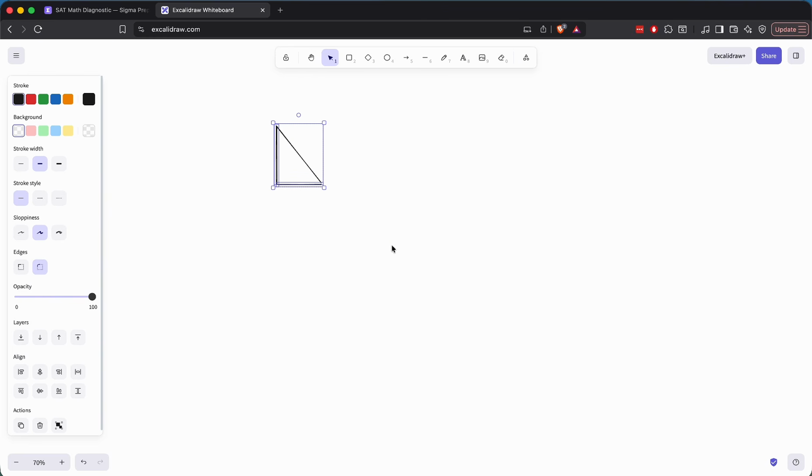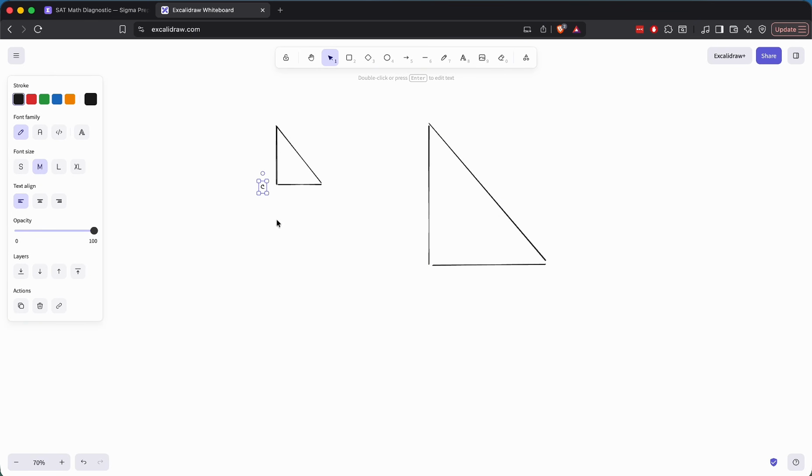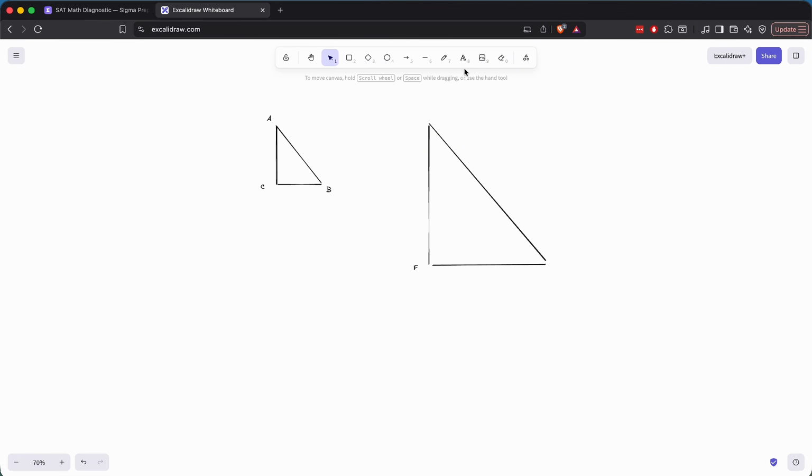Okay, cool. So we got one triangle. We'll label it in a second. Make another one. So they could be different sizes. We don't know, right? They said C and F, I believe, were the right angles, right? So C and F. And so I can go something like this. I can go A over here, and then B over here, and then same thing over here, D, E, F, right? There it is, D, E, F, right? Okay, so